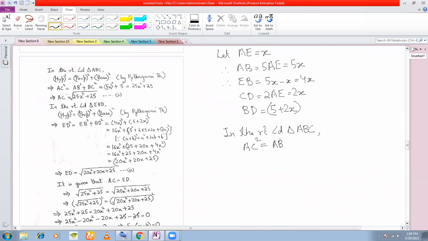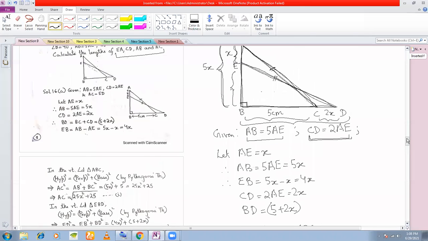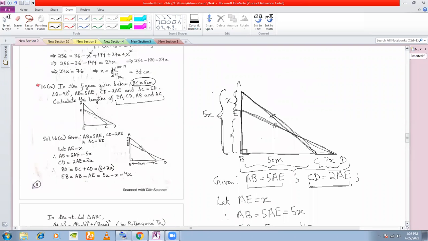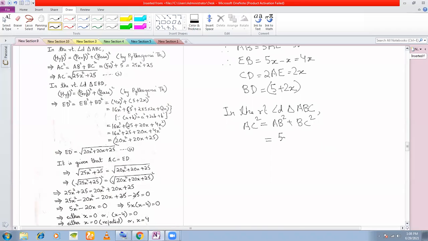AB square plus BC square. That means what is AC square? How much is AB here? AB here we have found out to be 5x. Put it 5x whole square plus